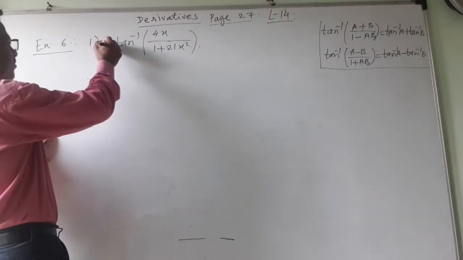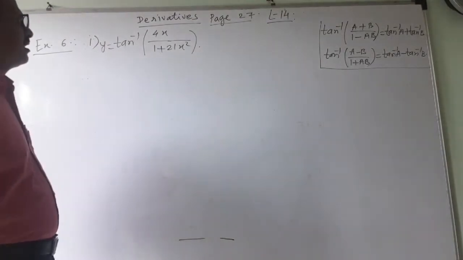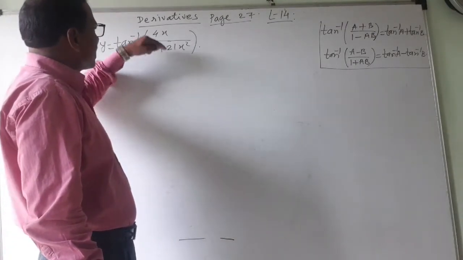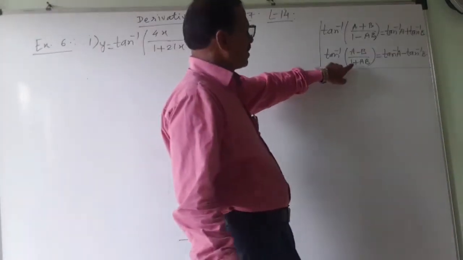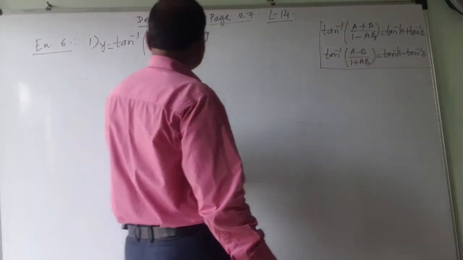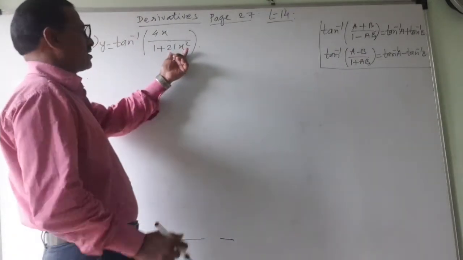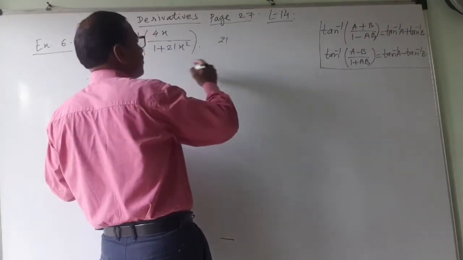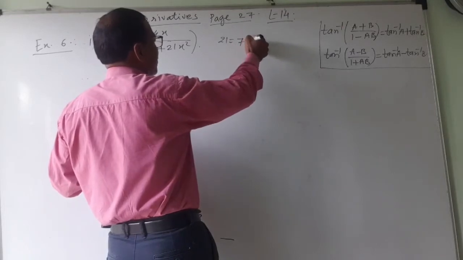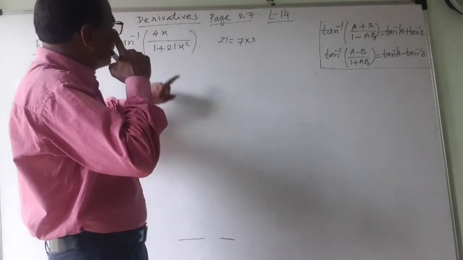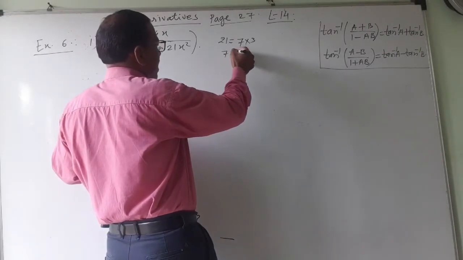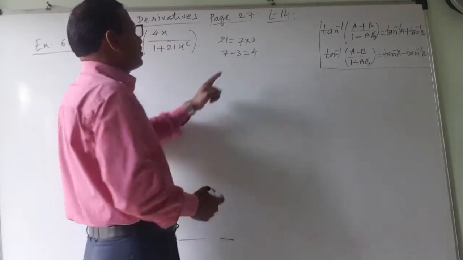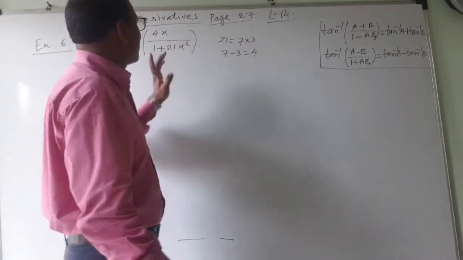So first of all, I will write y is equal to. Now here 1 is there and here it is plus. If it is plus, there above it should be minus. And this is the product of the two factors. So find the factors of 21 such that their subtraction is 4. So 7 3s are 21 and their subtraction should be 4. So 7 minus 3 is equal to 4. So 7x into 3x is equal to 21x square.